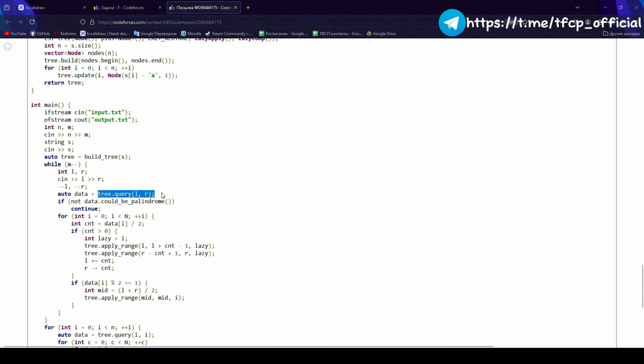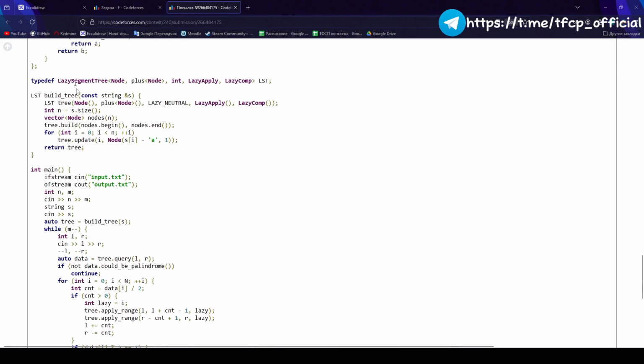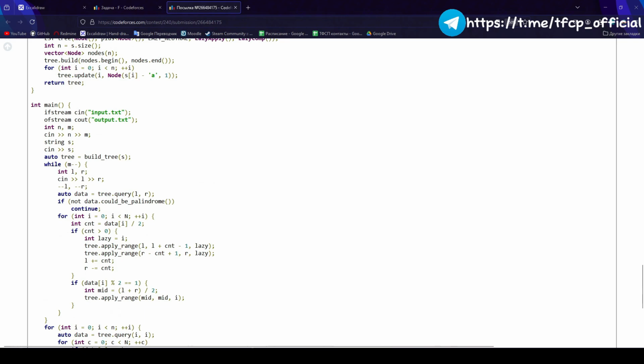First, I request the characters that are in the segment from LDR, which is a vector representation. Here is that node in short. Then, if it cannot be a palindrome, we stop processing this query and ignore it. Otherwise, we end up going through each